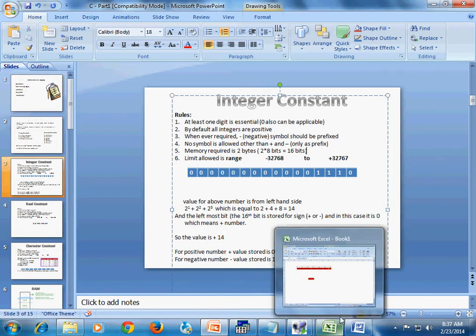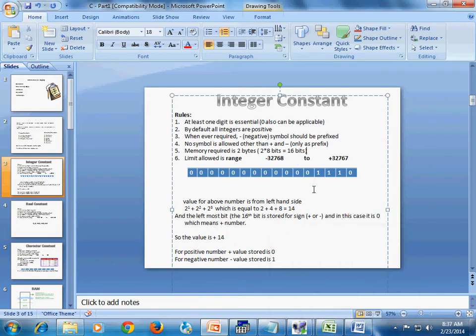And as we all know, in the earlier video we have seen that the computer will store the values only in binary format, which is zeros and ones. So the computer has stored some value within these 16 bits. How can we calculate that?